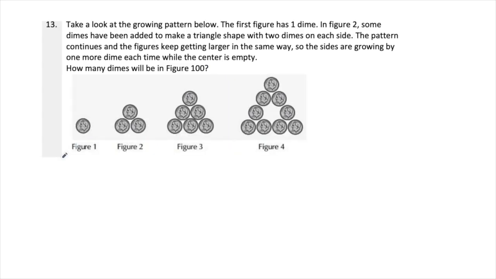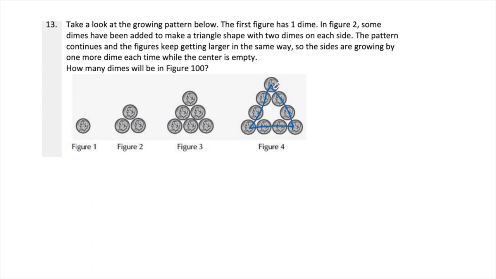For this problem, we have to figure out how many dimes will be in figure 100. Looking at the figures, we see that the number of dimes in each side is equal to the number of the figure. So for example, in figure 4, there are 4 coins on each side since the figure number is 4. To figure out the number of coins in this figure, we can add up the length of all of these sides